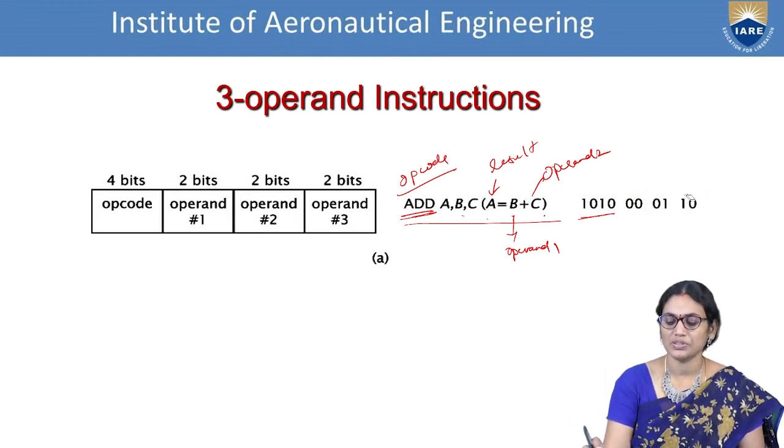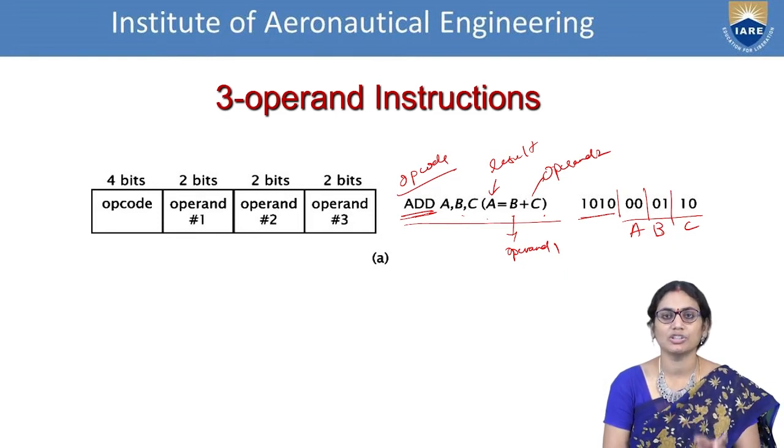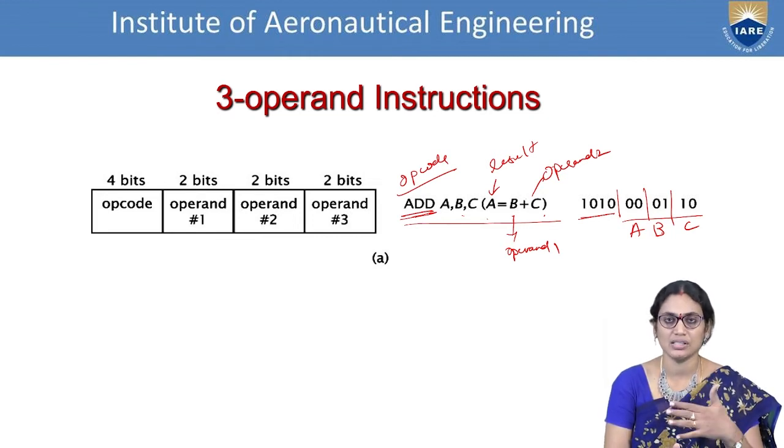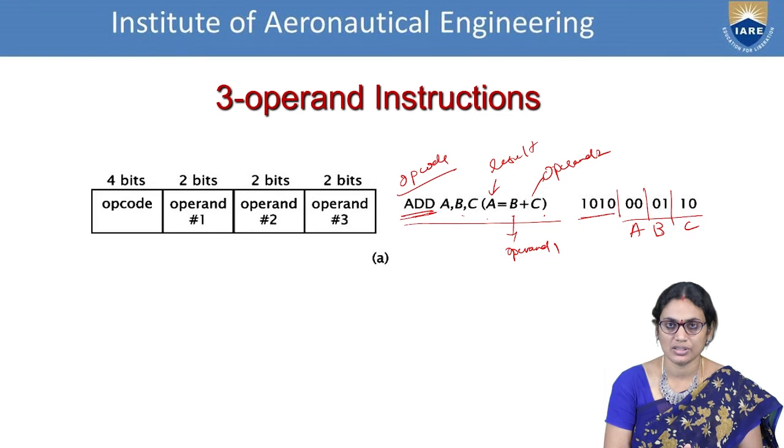We generally have a specification of 4 bits for the opcode as a common thing and 6 bits for representing my data. So in the 6 bits we'll be composing for A, B and C. These are the specifications we need to make. For understanding this, we will go for the instruction format specifications, where you follow the 3 operand instructions as the first and basic thing. This is a general common thing so that you can easily understand. So we have started with add A, B, C, which is A equals B plus C. So we are adding two numbers and storing the result into A.